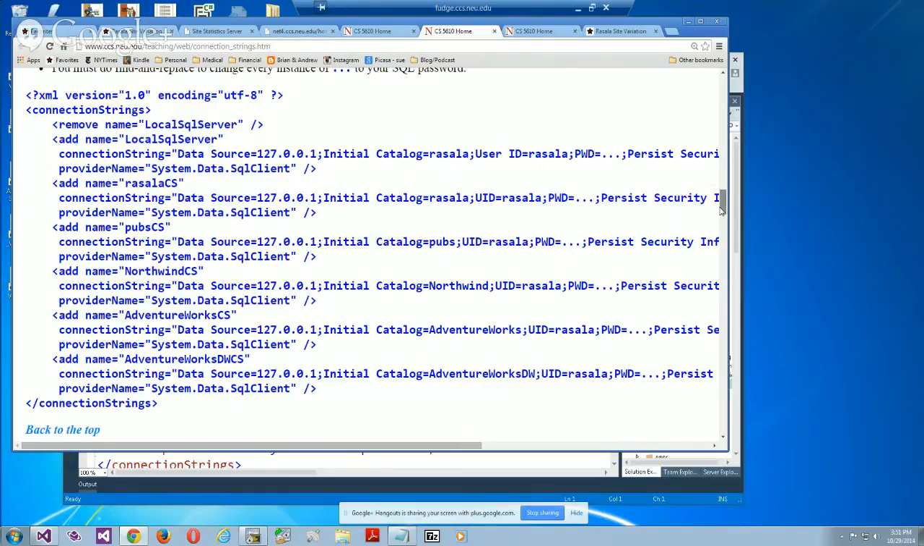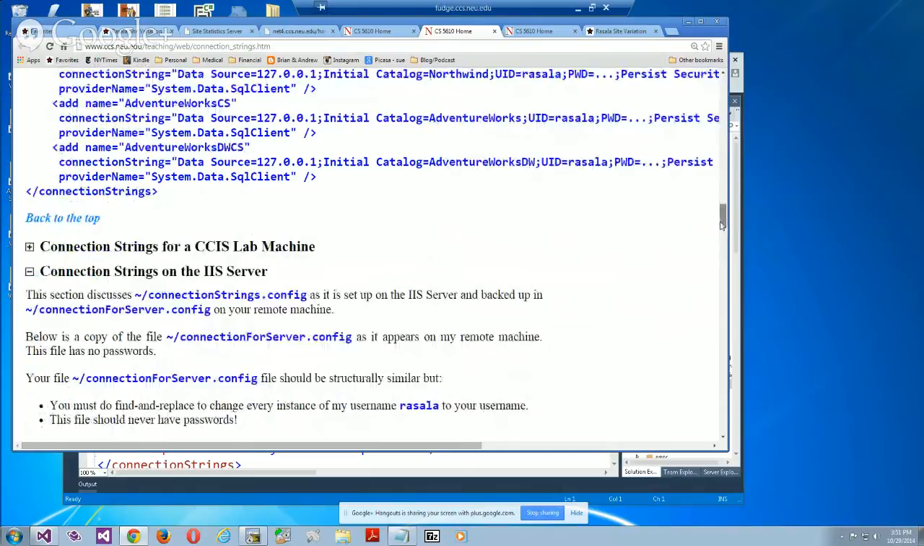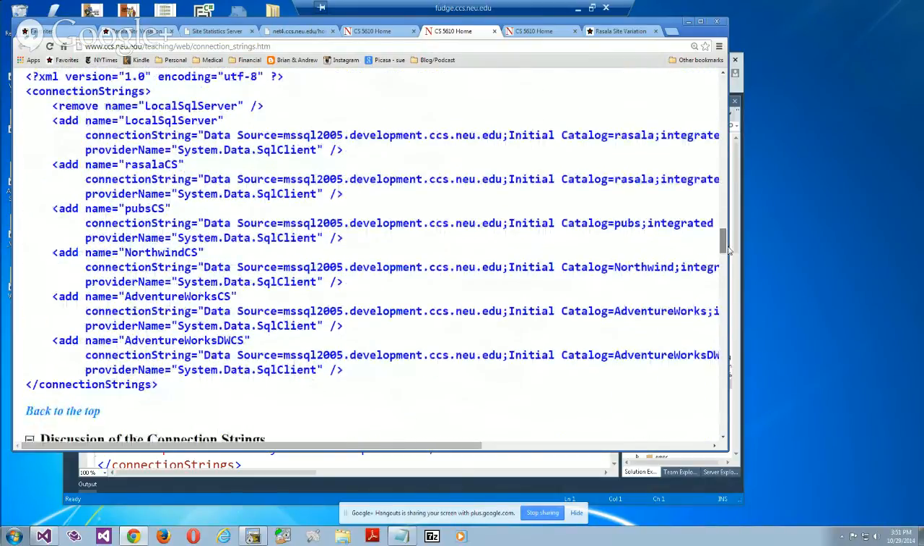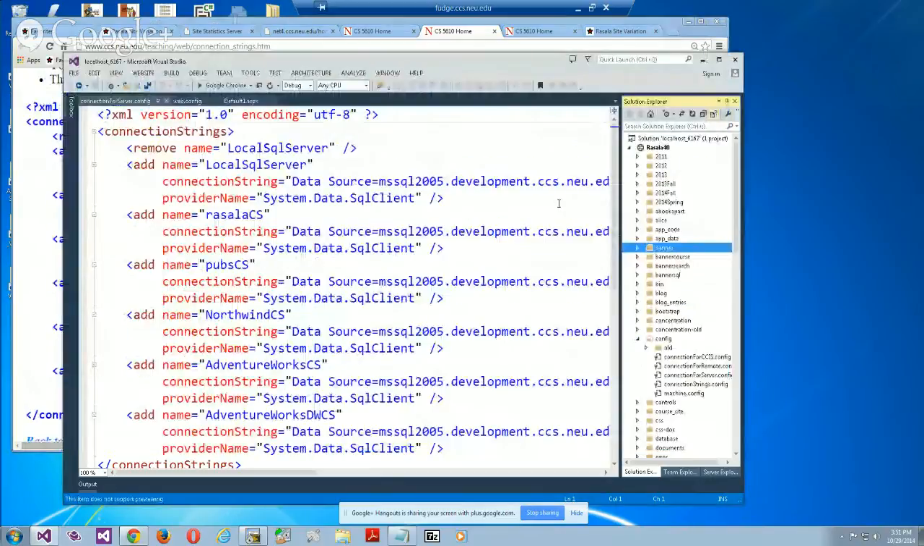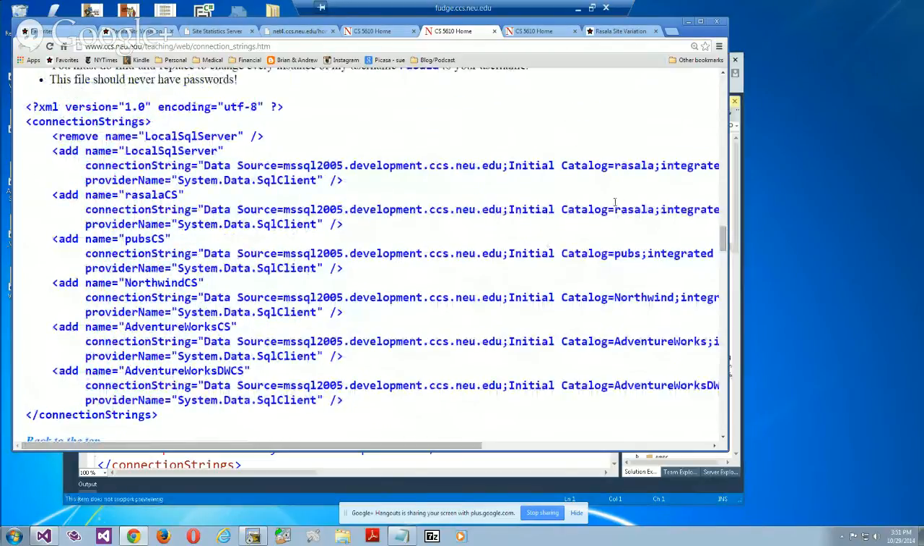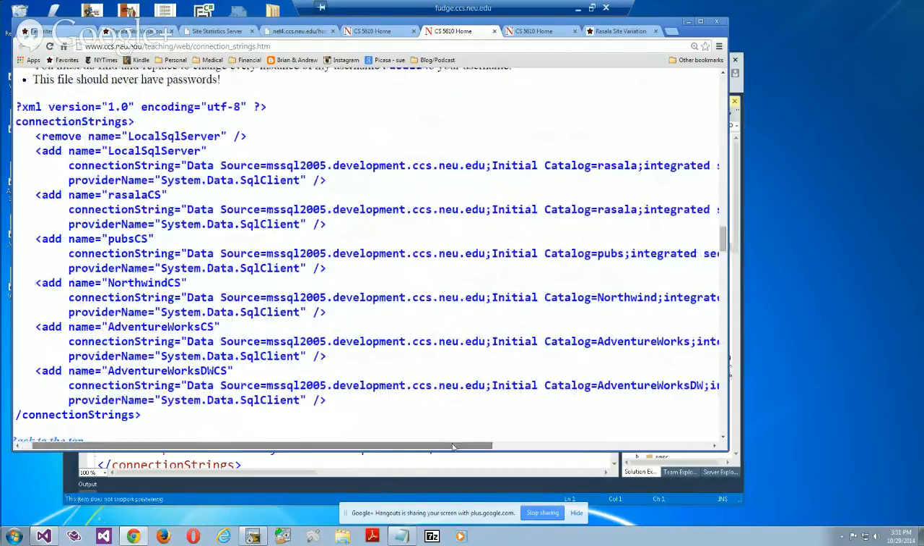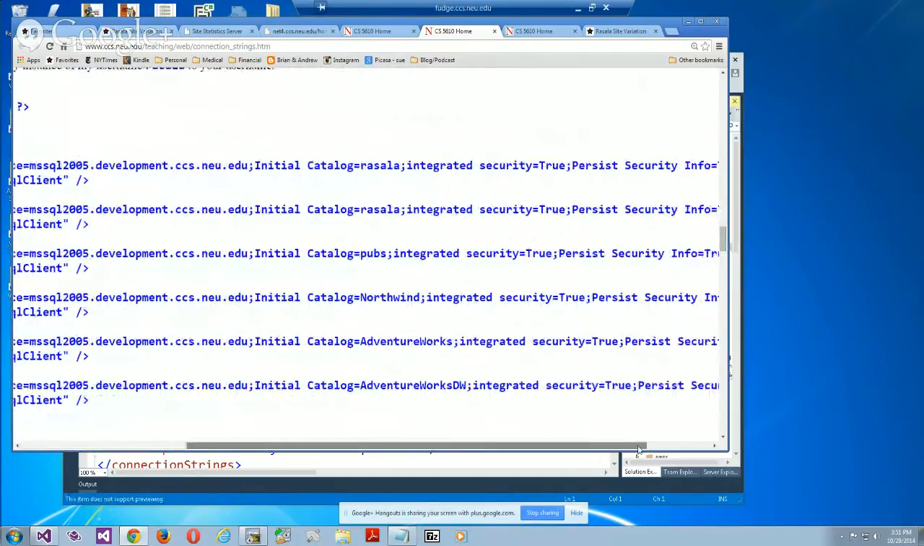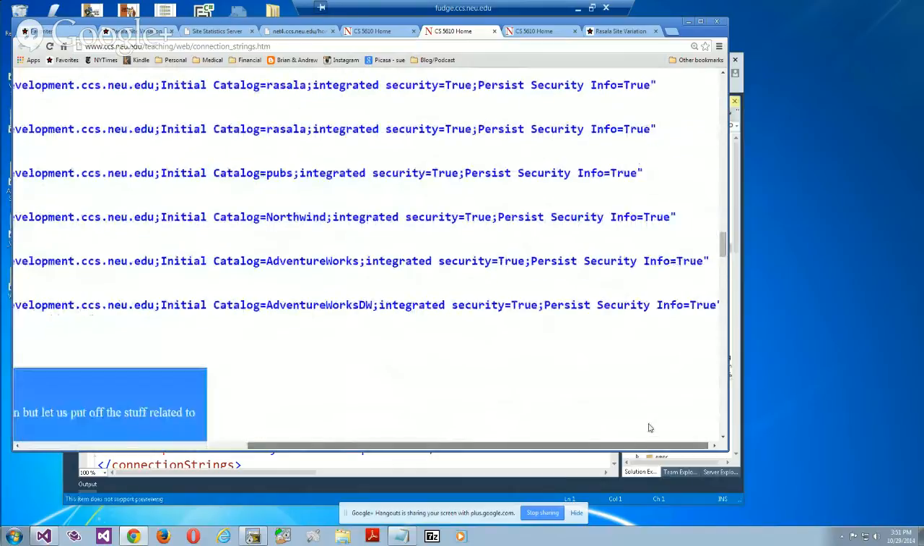And then for the connection strings that are going to be on the server, I'm going to skip the CCIS lab machines. I give you exactly the same kind of thing, which is now set up with the catalog, but with all the incantations about integrated security, blah, blah, blah, all the things that tell the